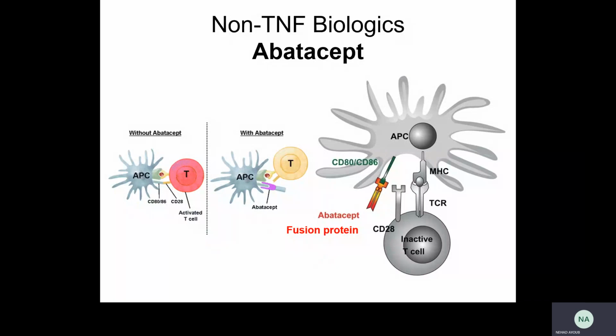Collectively, this all will contribute to the inflammation we see in the joint site and cause all the symptoms and the pain and the swelling associated with RA. So if we look at